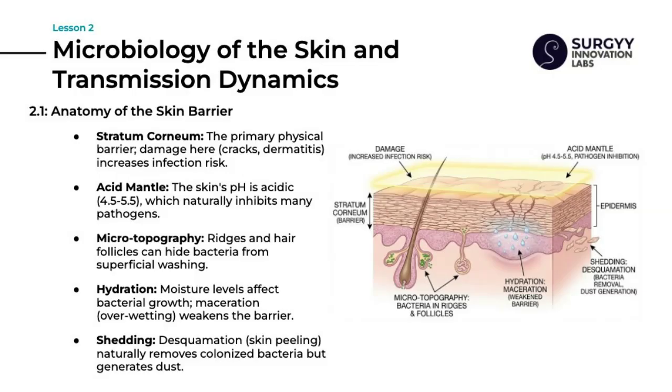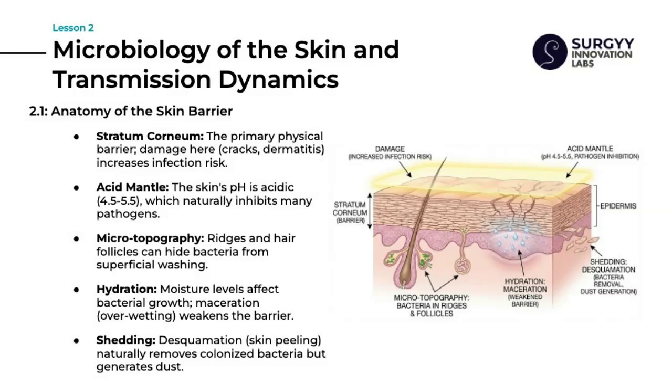Microtopography describes the ridges and hair follicles on the skin surface that can effectively hide bacteria from superficial washing. Hydration levels are critical, as moisture levels affect bacterial growth, and maceration, or overwetting, weakens the skin's protective barrier. Finally, shedding, or desquamation, is the natural process of skin peeling that removes colonized bacteria, but also generates contaminated dust